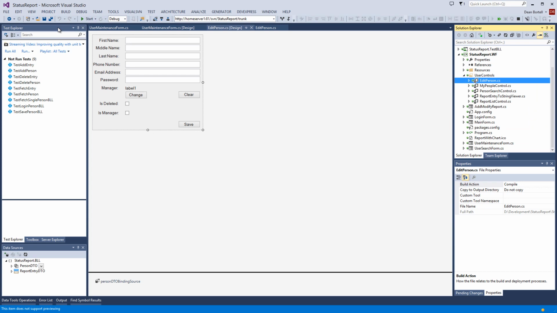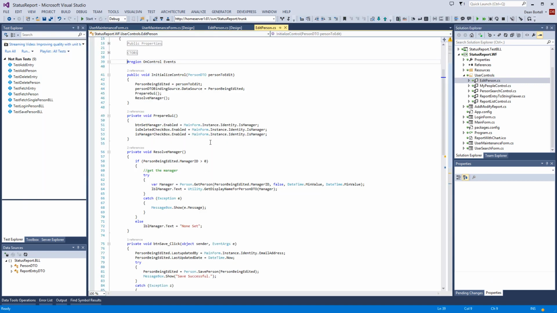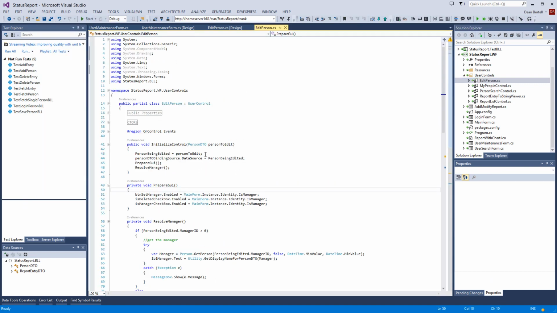But we'll go ahead and go through with our demo here. So let's look at the code behind this, and we'll see there's not a lot to it. If we think about this logically and think about what we need to do, we need to accept a person data transfer object in, bind it to the control, and let them make their little edits, and then when they click save, pass that person data transfer object to the middleware, save it, bring it back,